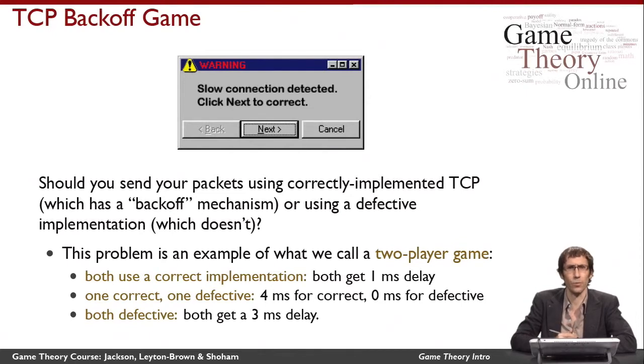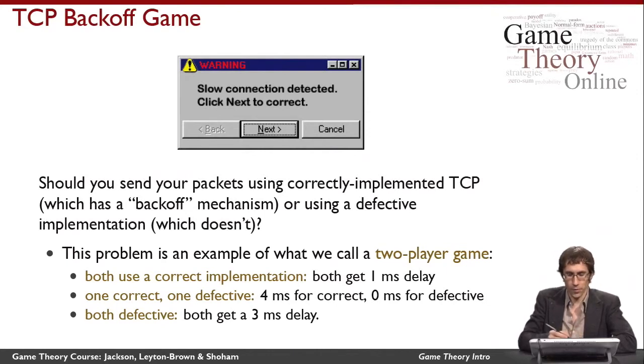You might incidentally worry that the internet has a lot more than two people using it, and so that this two-player restriction is going to be a problem. You'll have to trust me, but this example scales very naturally to larger numbers of players, and everything interesting about it would remain true. So in the two-player case, we have a question of whether each of the players should use a correct implementation, whether one of them will use a correct implementation and the other one a defective implementation, or whether both of them will use defective implementations.